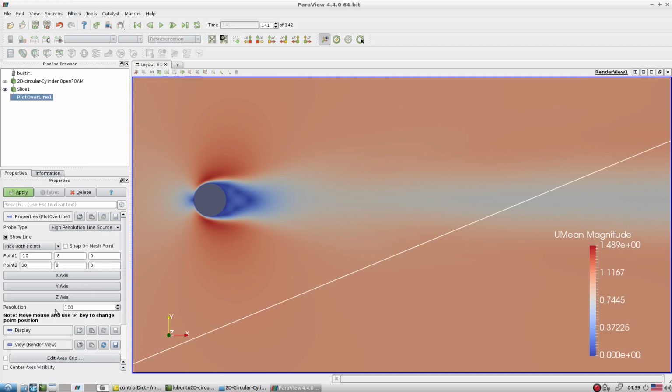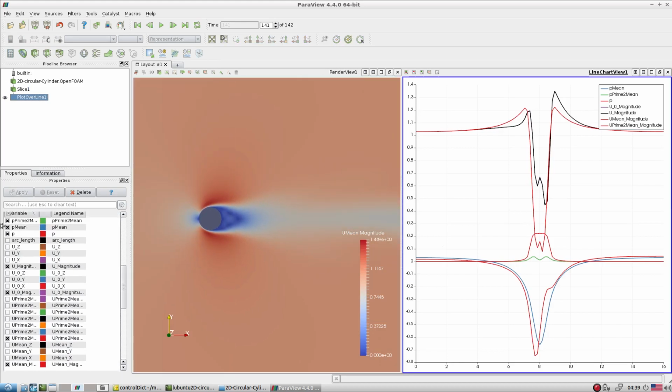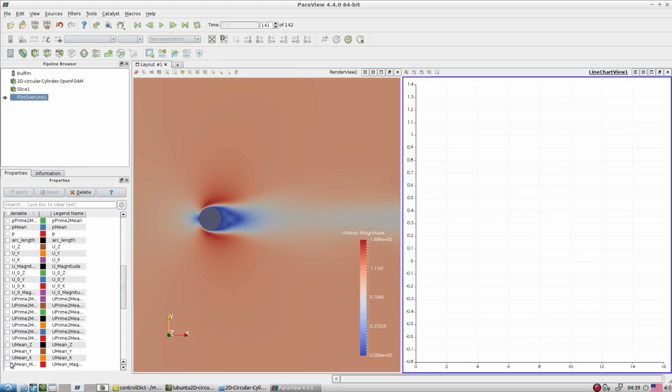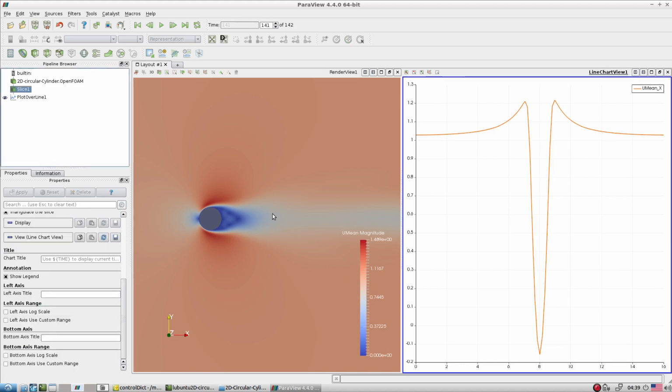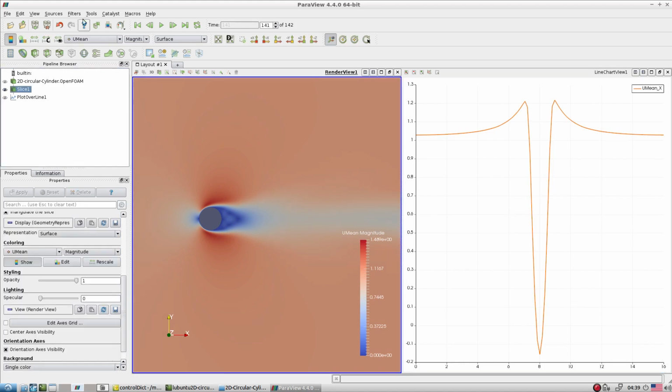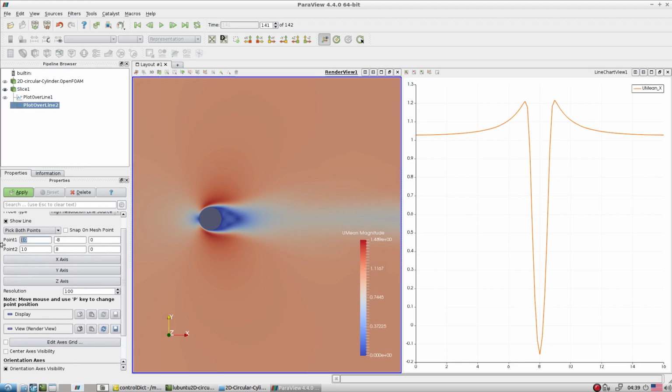On this slice, let's take y, and on the y I want a line very close to this cylinder. This is the location where I want a few quantities to be plotted. First switch off everything, and check the mean x component. So this is the mean x component at that particular location. Let's put a few more lines on that slice. Another line, same way y, but this time not at 1, let's say put it at 5.